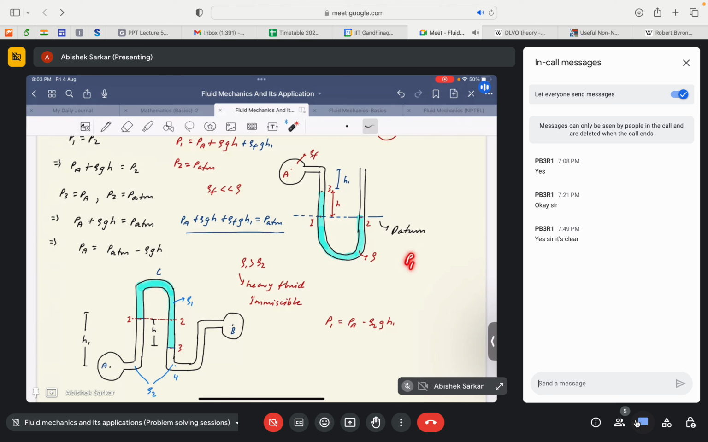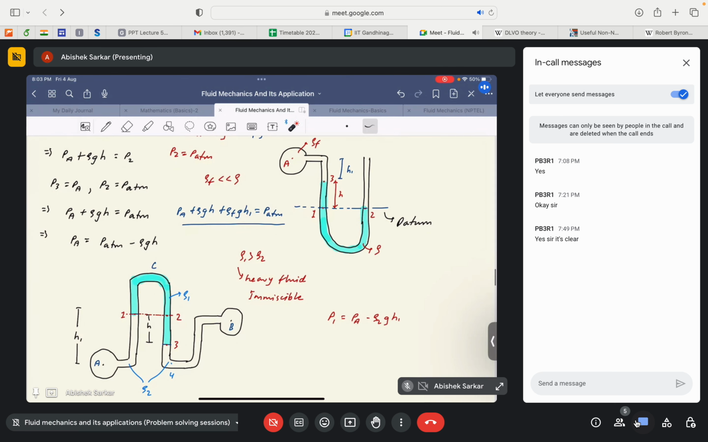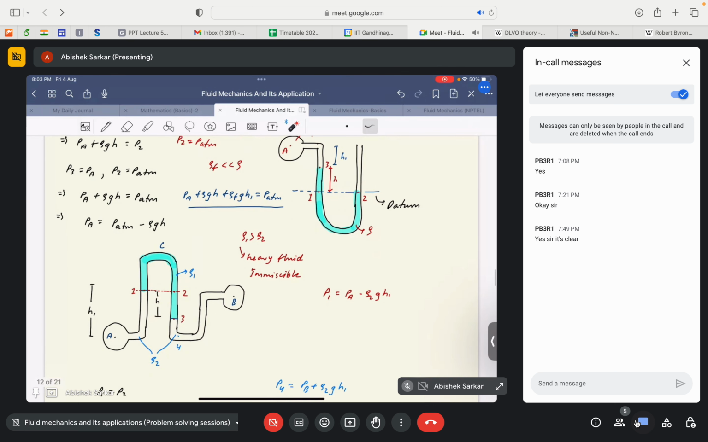So it gives P1 is equal to PA plus rho G H in this case. Okay, so if it's going up, then it's minus. If you're going down, then it's plus. Okay, so similarly now